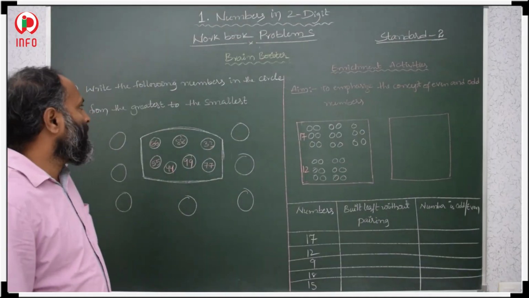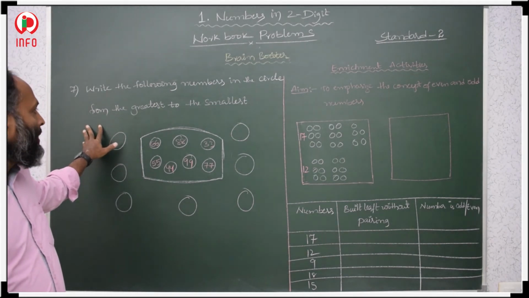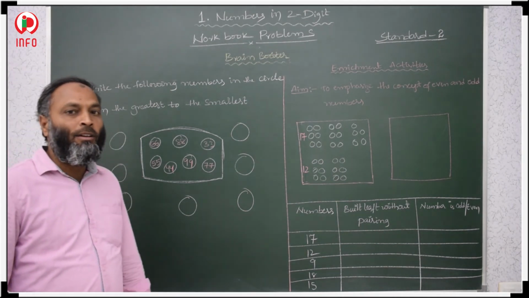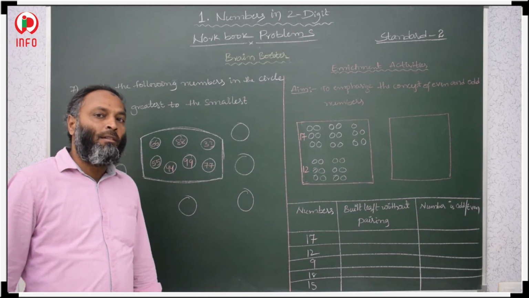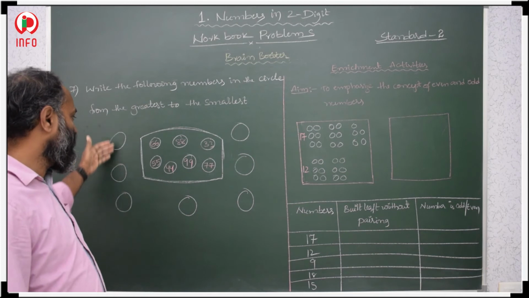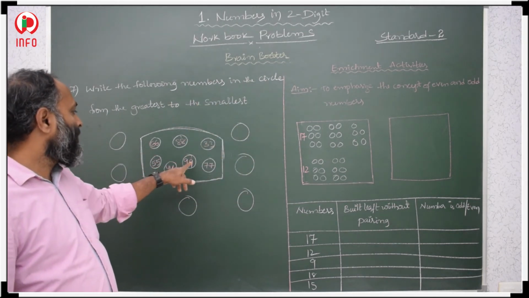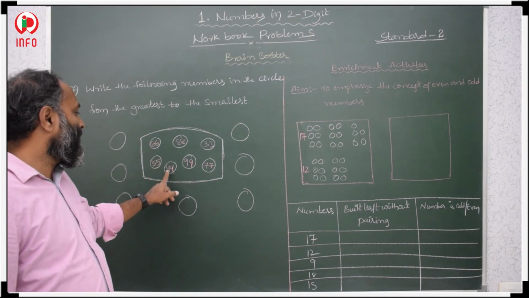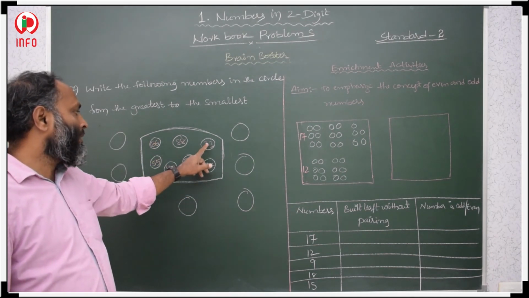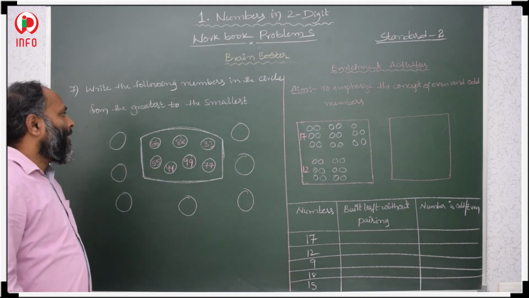Okay. Now students, this is also greater to smallest. What is descending order? Ascending means increasing order. Descending means decreasing order. Greater to smallest means we have to arrange in decreasing order. Some numbers are given: 66, 55, 44, 99, 77, 23, 88. Then how to arrange this from greater to smaller?